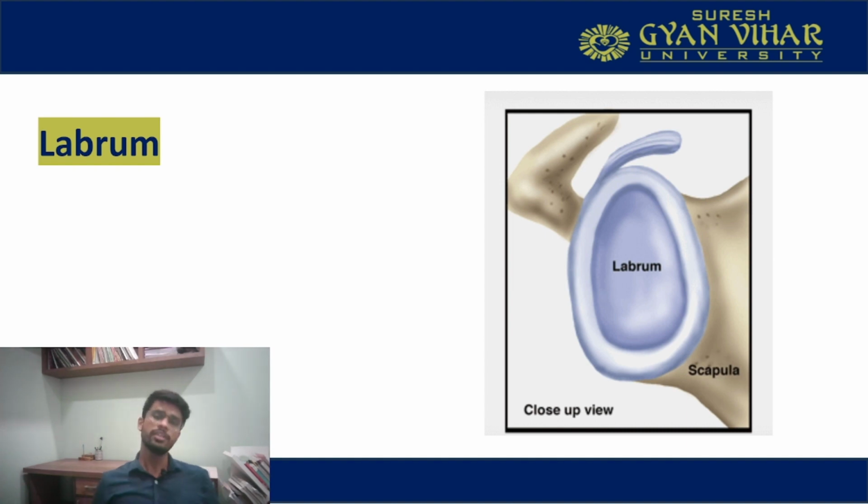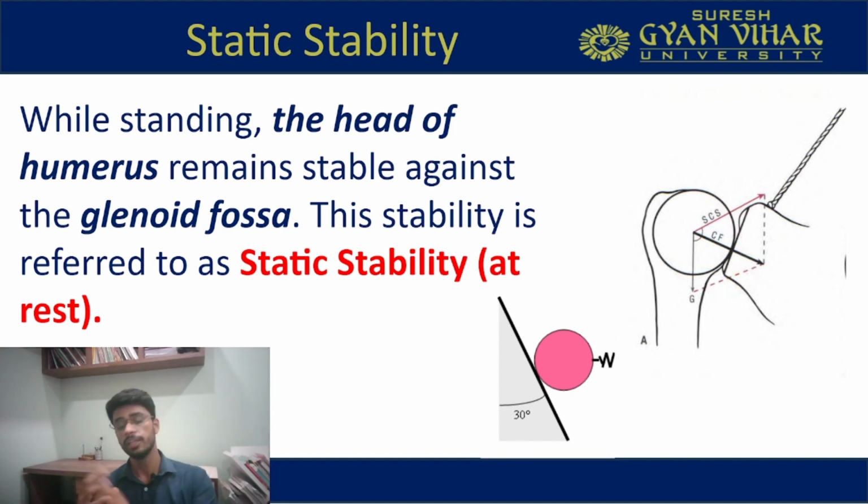Now, as I told you earlier, the glenoid cavity is shallow. So in order to make it deep, there is a tissue present on the rim of this glenoid cavity in a circular manner, and this is your labrum. This labrum helps in deepening the socket so that the humeral head can fit there in a good manner. Fine. So this was all about the connective tissue present in the glenohumeral joint. It was your glenohumeral ligament or the capsular ligament. Then we studied the coracohumeral ligament. Then it was the capsule, and then the important thing, your glenoid labrum.